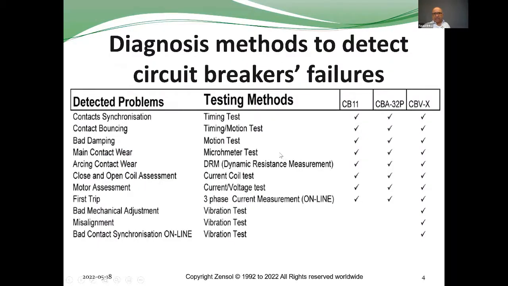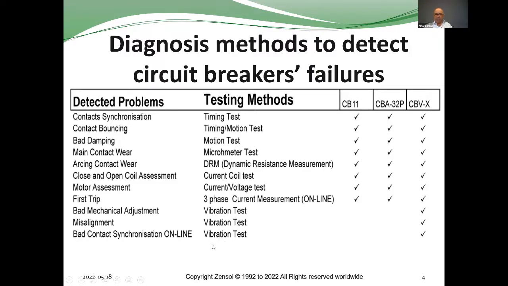So here are the diagnosis methods to detect circuit breaker failures. I think that everybody is familiar with the contact synchronization. When we have a problem in the contacts, we can see this problem with the timing test. For the bouncing, it's also the timing and the motion test. Bad damping, motion test. Main contact wear, it's a simple micro ohm meter test. Arcing contact wear is the DRM, dynamic resistance measurement. Close and open coil problems, it's also in the timing test with the current coil. Motor problems, first trip, it's also another test. It's a quick test that could be done online also. And for the bad mechanical adjustment, misalignment, bad contact synchronization online, all these kinds of problems could be found